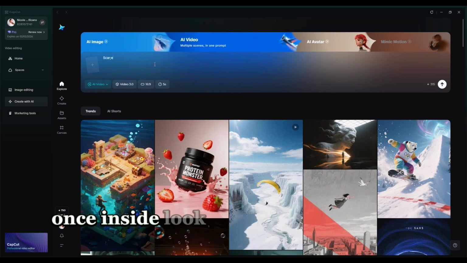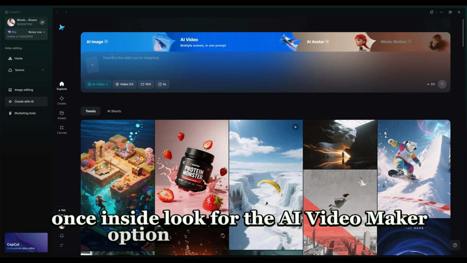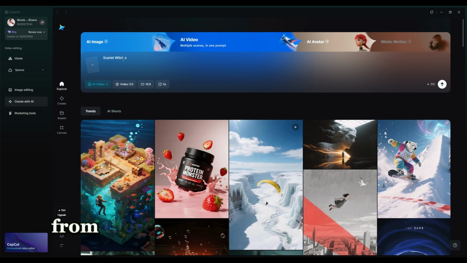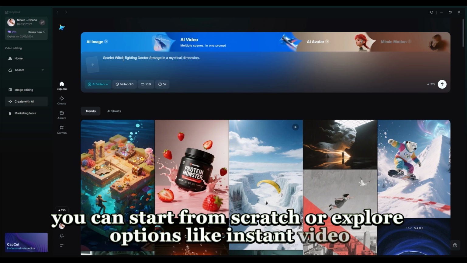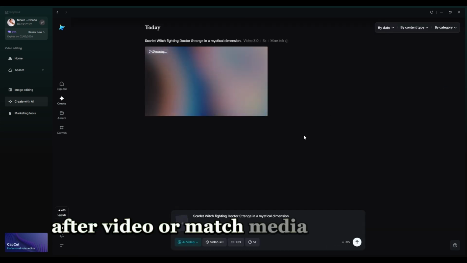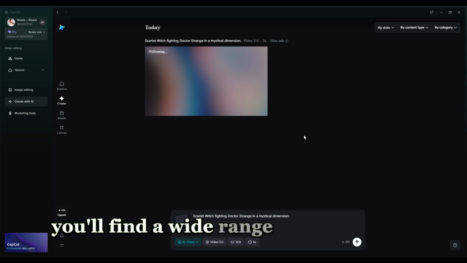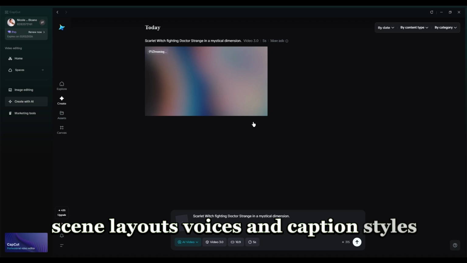Once inside, look for the AI Video Maker option next to Create Project. From there, you can start from scratch or explore options like instant video, AI video, or match media to script. You'll find a wide range of templates, scene layouts, voices, and caption styles, most of them